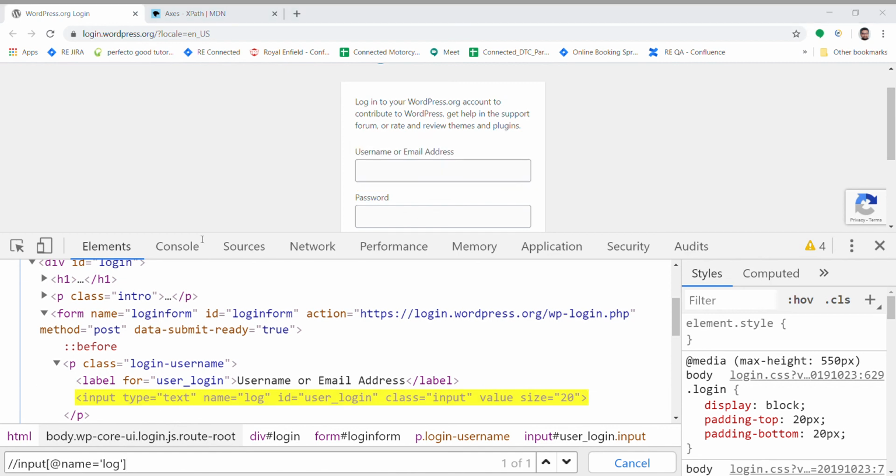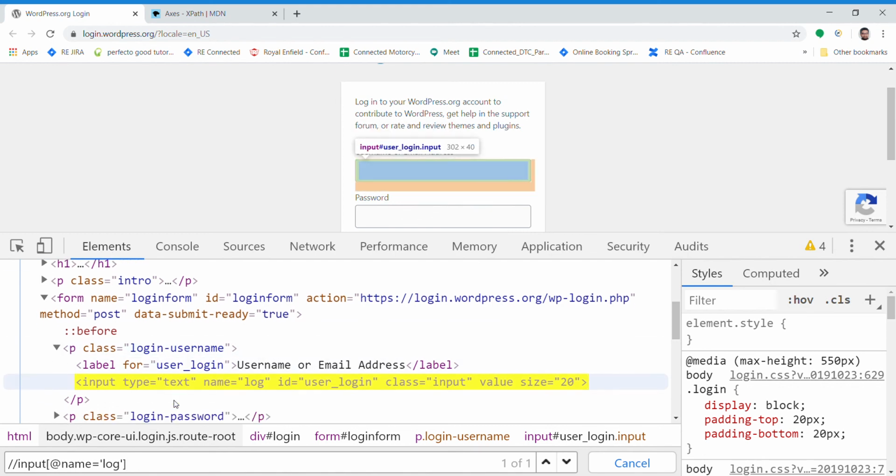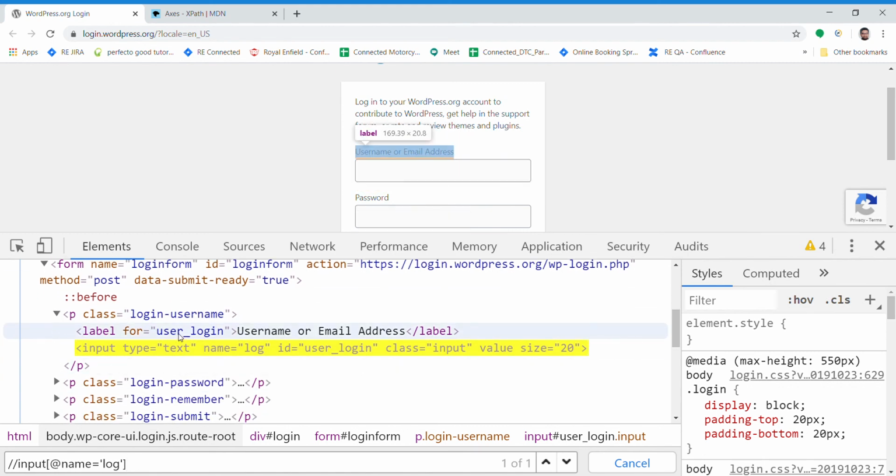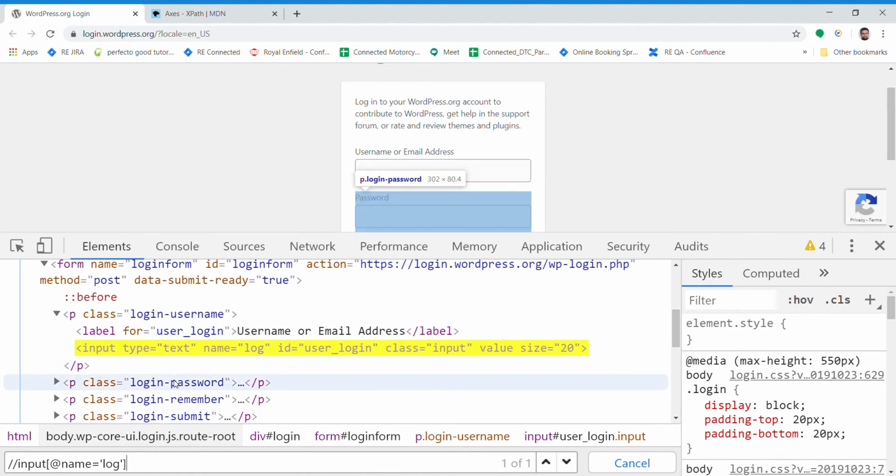Okay. So as we discussed, there are 13 XPath axes. We have discussed this one also. Now, okay. So now we are here, and if you wanted to go back to this node, how will we go there? Or if you wanted to go from this node to this node, how are we going to do that?